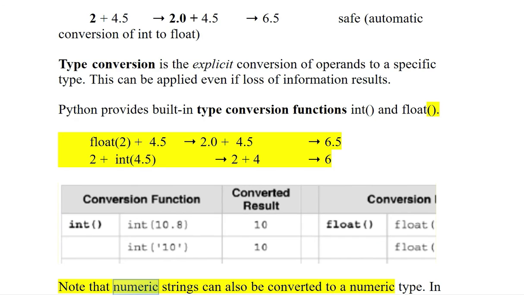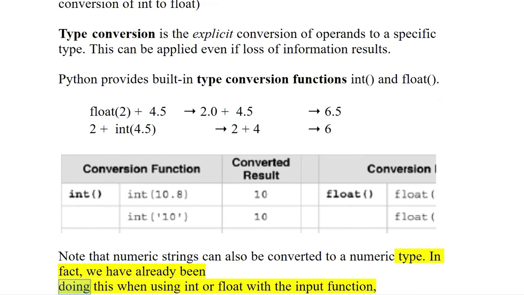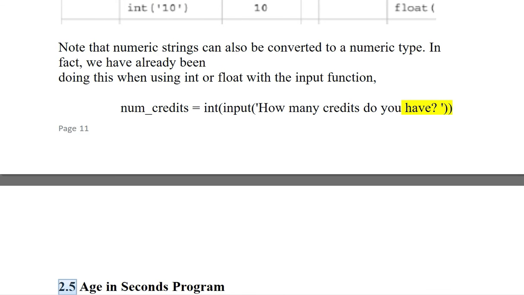Note that numeric strings can also be converted to a numeric type. In fact, we have already been doing this when using int or float with the input function: num_credits = int(input('How many credits do you have?')). 2.5